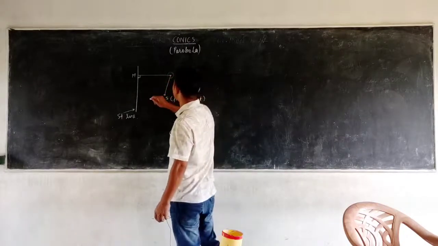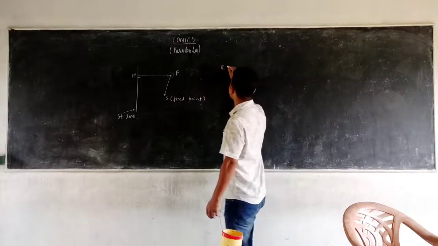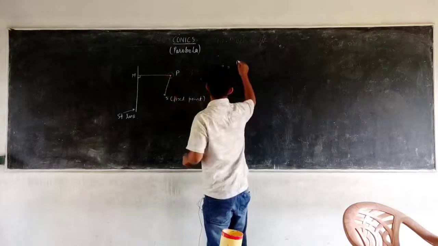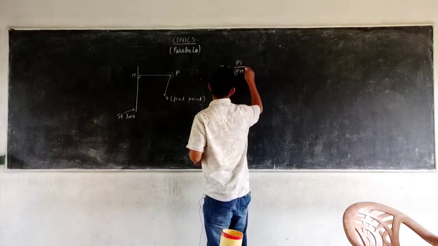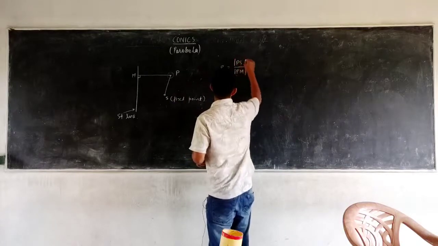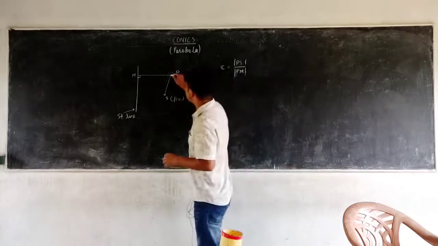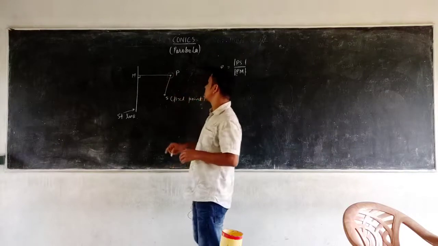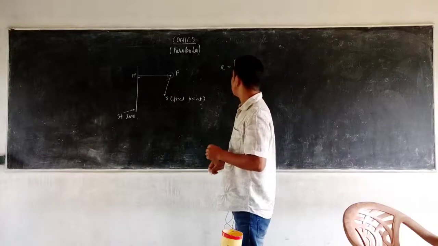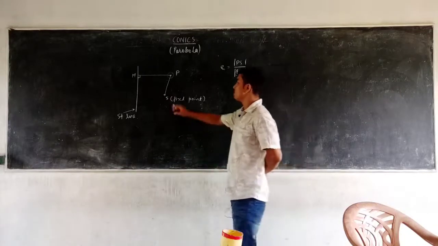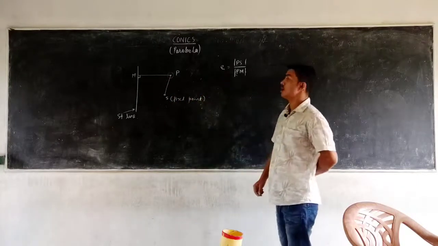This ratio is known as the eccentricity, which is given by E. So E equals the magnitude of PS divided by PM. We take the modulus, and mod here means only the positive values. Any curve or conic traced out by this moving point is known as a conic. Now if the ratio remains the same, that means the distance PS is always equal to PM, then that is said to be a parabola.